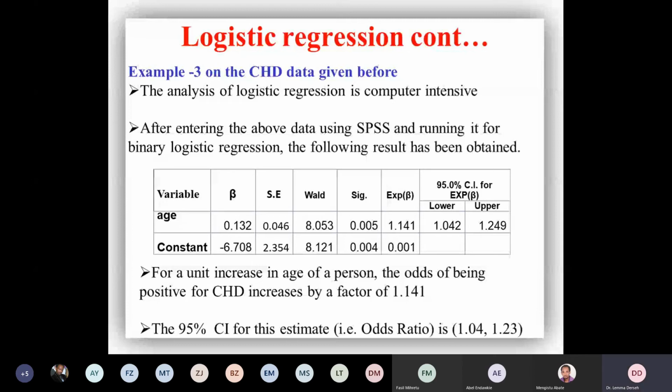the odds of developing CHD will increase by 1.141 times. በዚህ ያክል ታይምስ ነው እሺ መልቲፕሊኬቲቭ ነው የሊኒየር ሪግሬሽን እና የዚህ ኢንተርፕሬቴሽን በጣም ይለያያል